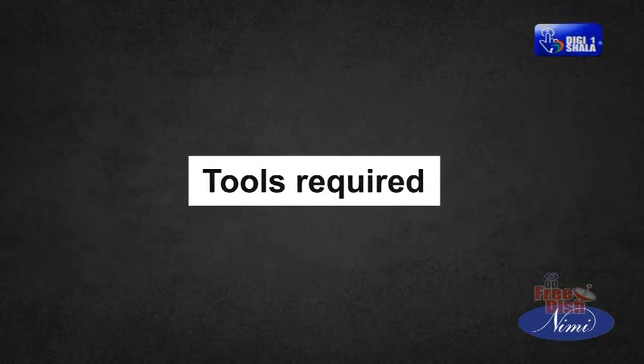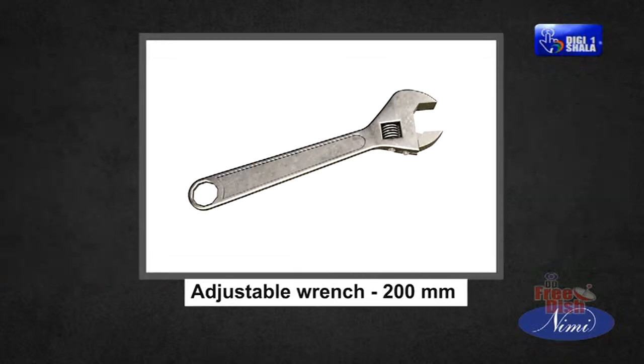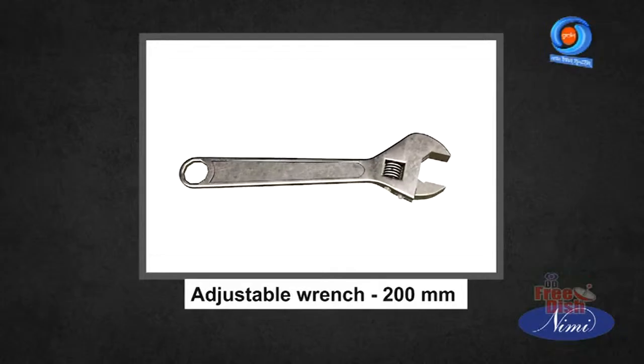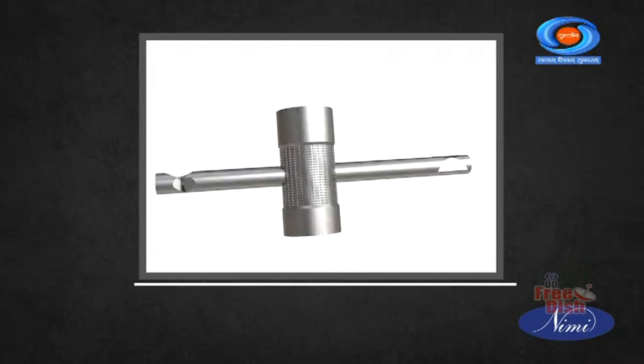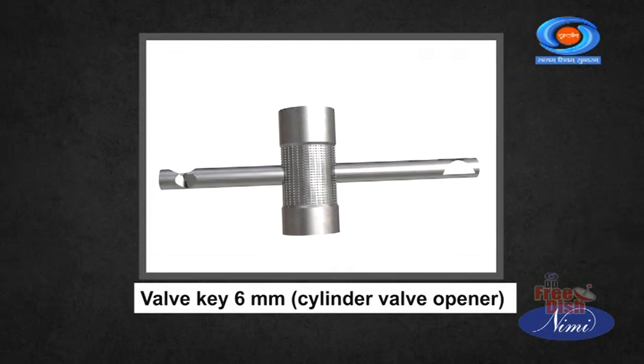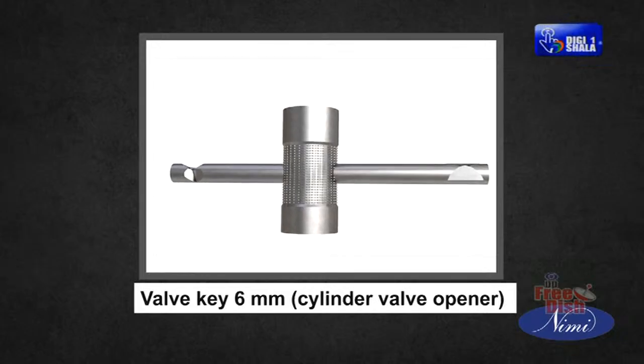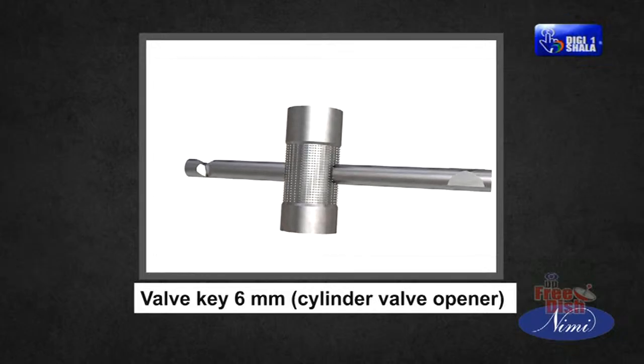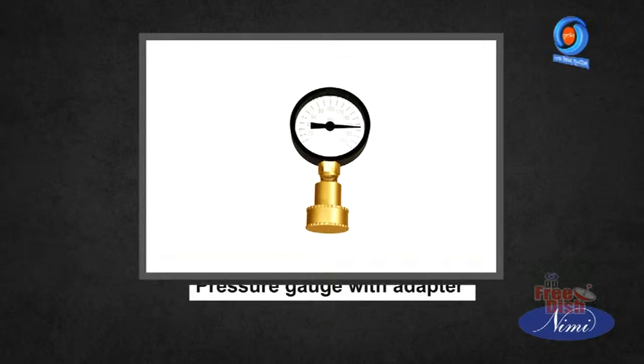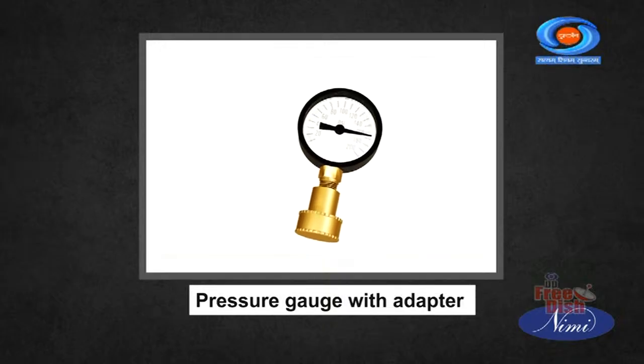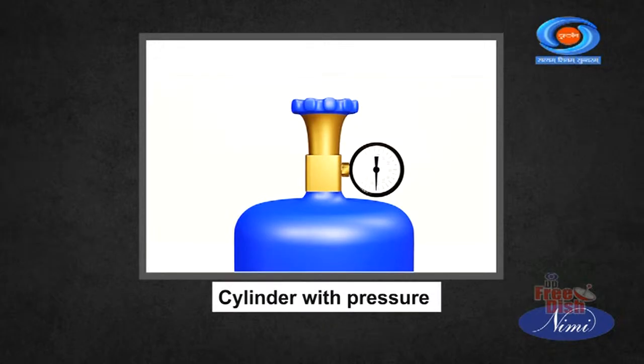Tools required: adjustable wrench 200 mm, valve key 6 mm, cylinder valve opener, pressure gauge with adapter, cylinder with pressure,